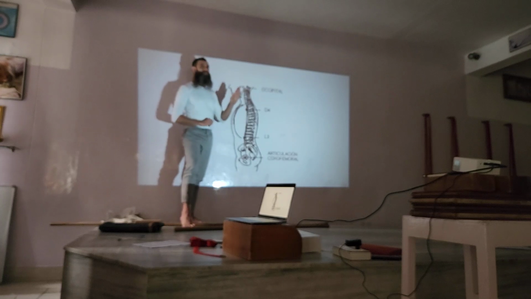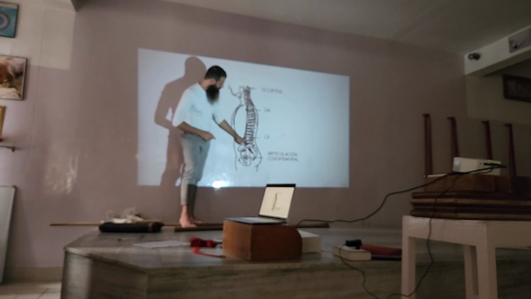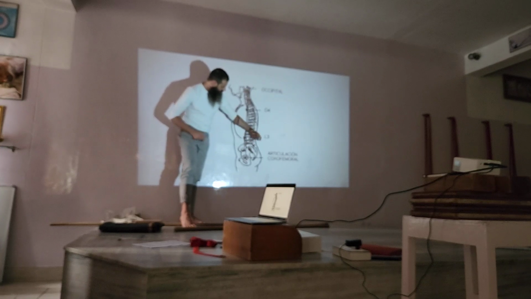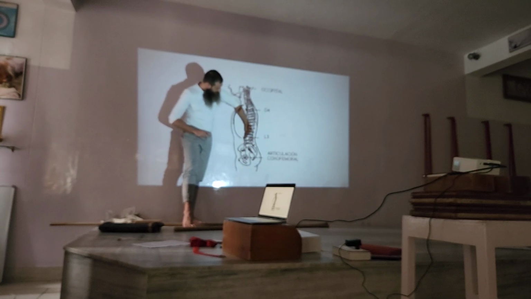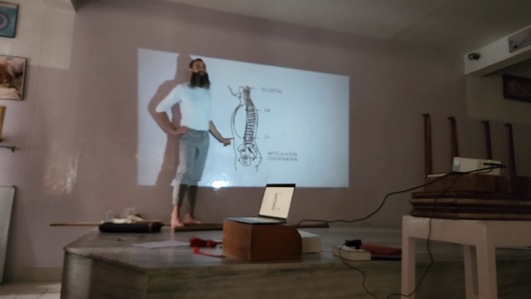They are pointing up because it's a convention. See, this is convex, this is concave. So if this is an arch, these two vertebrae are pointing down, these two vertebrae are pointing up, and L3 is the first vertebra that is horizontal and is in relation with the navel. So it's the vertebra of the equilibrium.